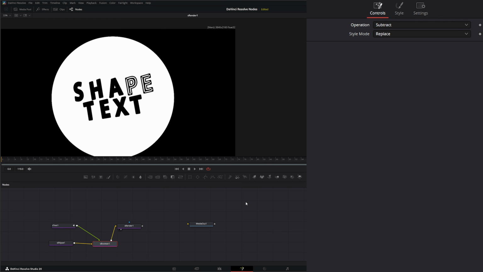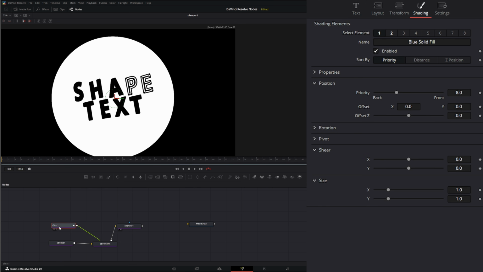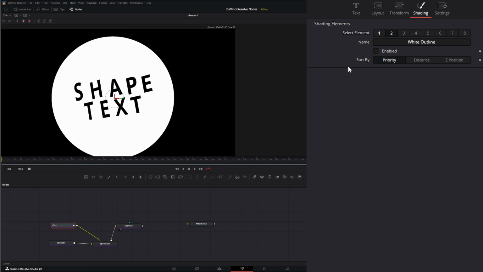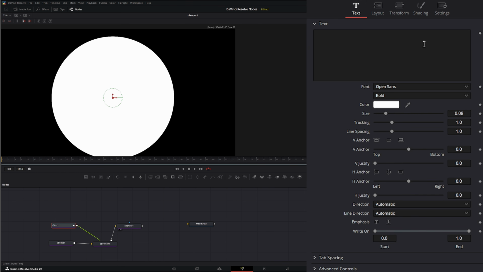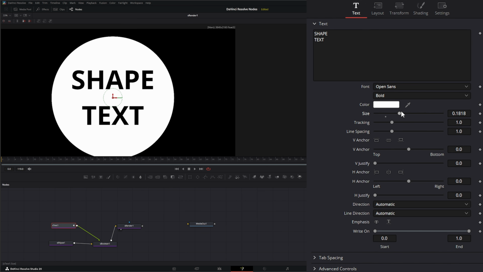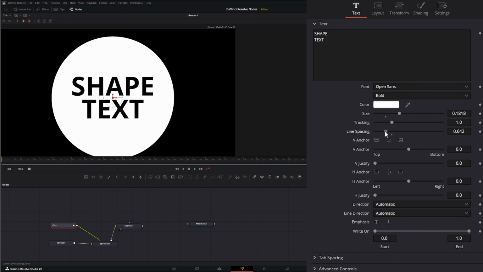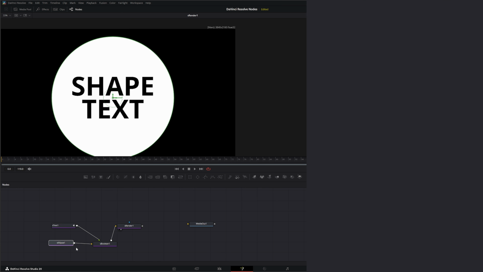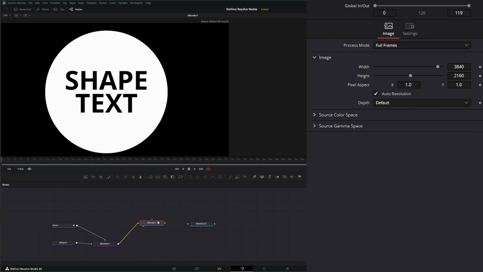And we can change that to subtract. And I'm not sure why our little shape is doing that. Let's disable our outlines. Let's fix our text here. Actually, let's go ahead and refresh our text. Shape. Text. Let's change our size up. And now we've got our text being booleaned out of our little ellipse here. So again, we can add whatever we want in our little shape ecosystem here, or we can bring it into